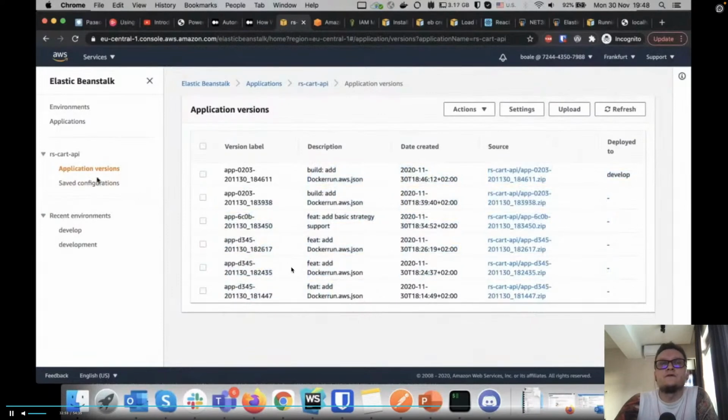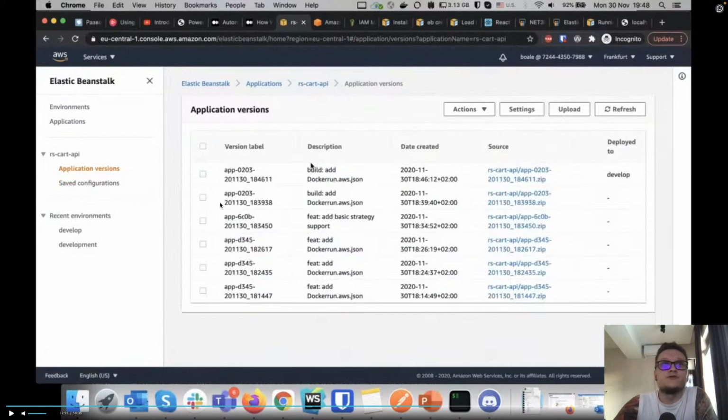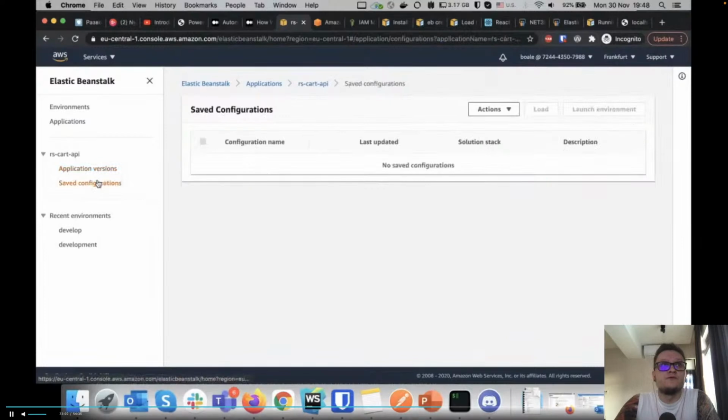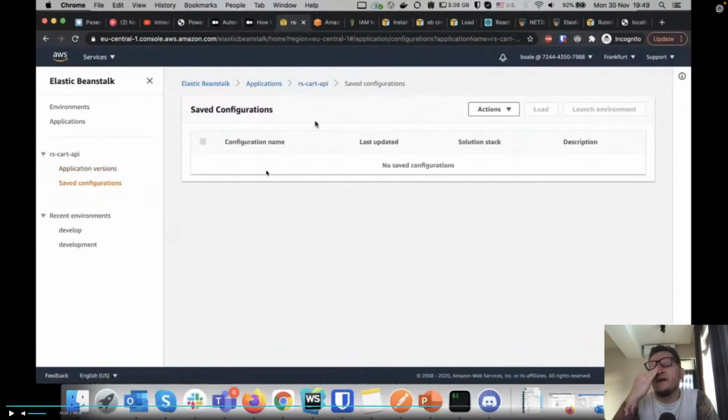And right here in this application tab, I believe you can choose, for example, if your version doesn't work in production, any other version you already created and redeploy, for example, the previous version which was stable and working. So AWS just stores for you all the versions of your application. I don't remember how long it's stored. I think it will store it for 3 months or something like that.